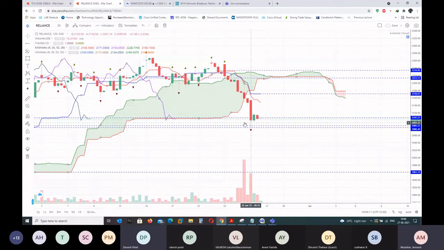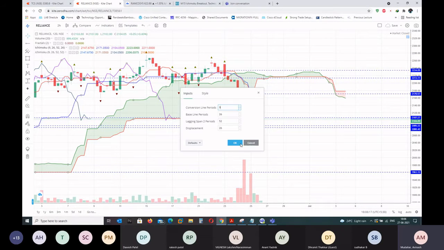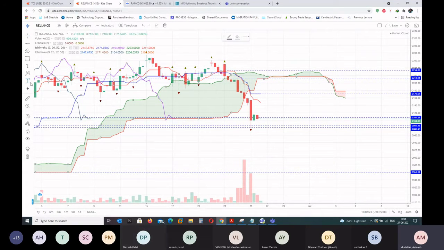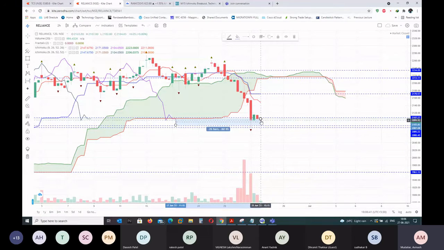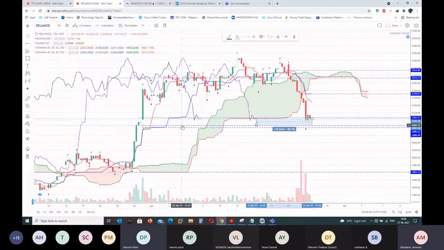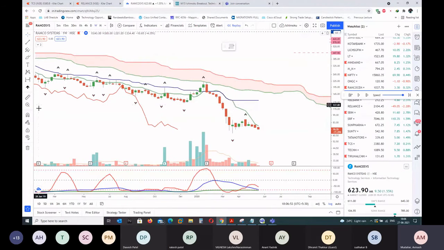and even the future cloud is showing on the 25th. Are you seeing 25 in this? Are you seeing 25 displacement somewhere around here? No, displacement is 26. What happens is you consider the current candle, right? Let me show you. This current candle is closed. If I go back, you can see it's on 26 only, correct. From here, if you count 26, it's correct. They are taking one advance, one plus day for the calculation. You need to count it.